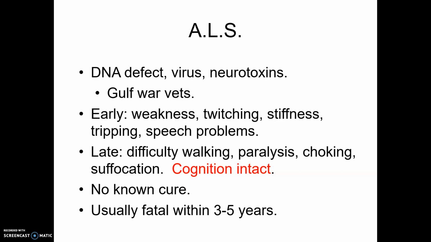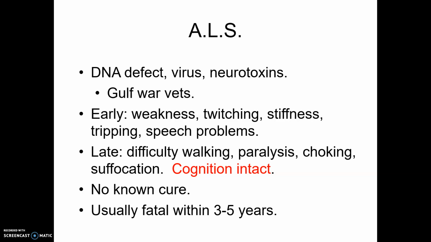Some people have found that this could happen because of neurotoxins like pesticides used on grass. Gulf War veterans have had twice the risk of other veterans, who have a 60% greater chance than the general population. We think that may be because of some chemicals that they were exposed to. The onset is around 40, but it can occur at any age. The age tends to suggest that there might be some underlying DNA abnormality that only really presents itself when the